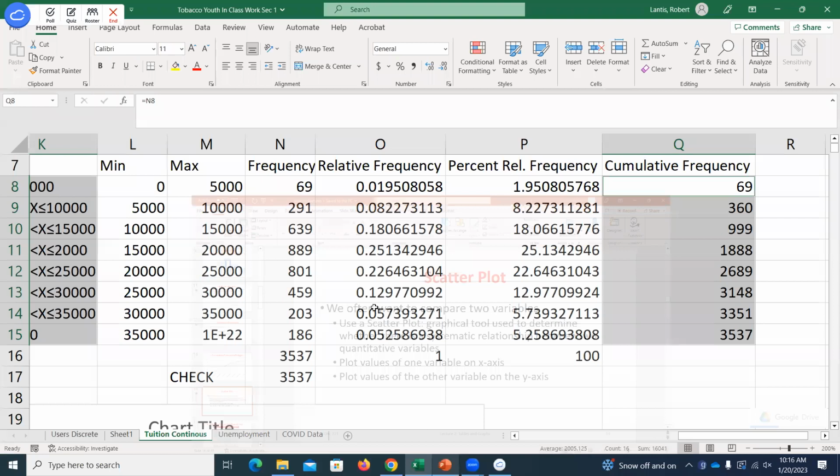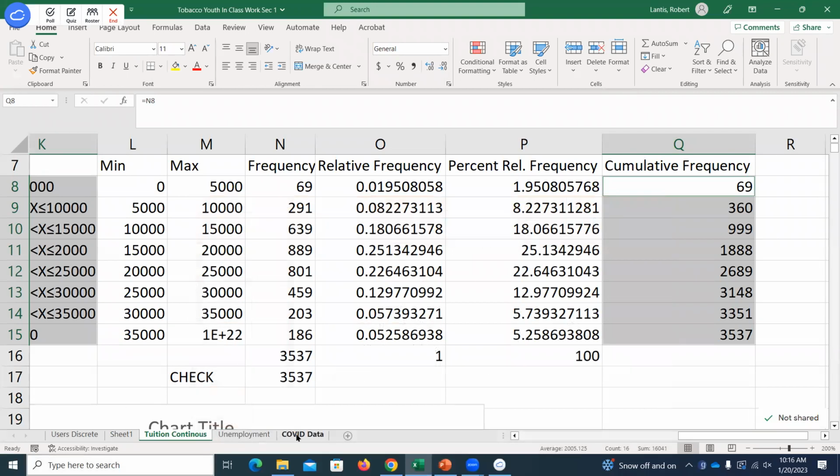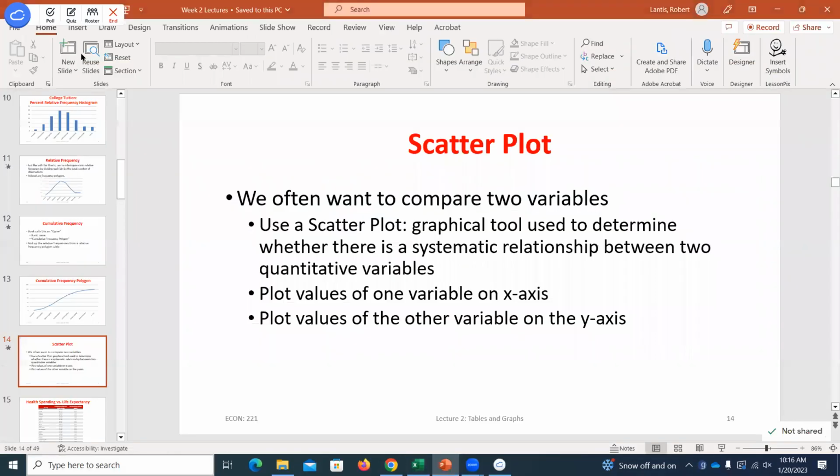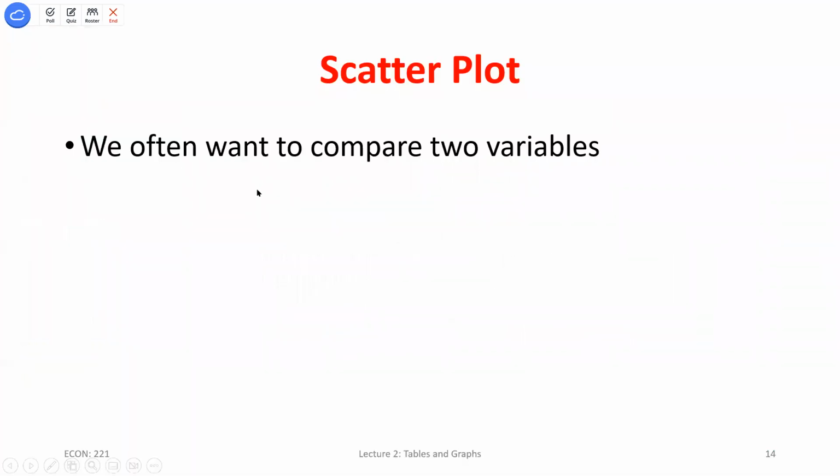Right. So come back here, I believe. Actually, I'll walk through the example in the slide, and then we'll go back to Excel to get a little bit of back and forth. So up to this point, we've been looking at one variable, whether it was qualitative, quantitative and discrete, or quantitative and continuous, right? We then showed we can come up with these frequency distributions to show where the majority of the observations lie. Sometimes we'll do things with not just one variable, but two variables, right?